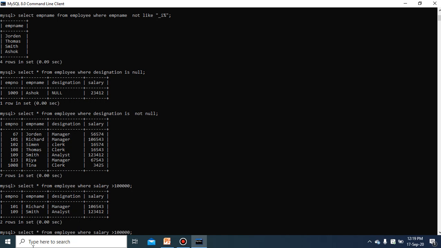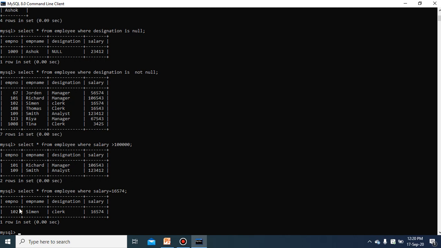Suppose I want to see SELECT * FROM employee WHERE salary = 16,574. You use this single equal to for that. See this information, only a single employee has salary 16,574. So you use the single equal to, not the double equal to.